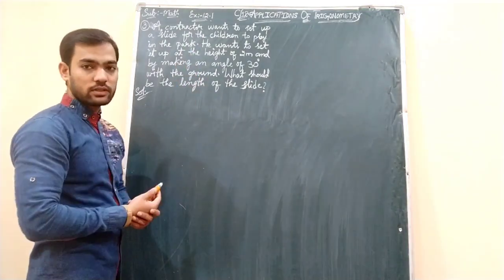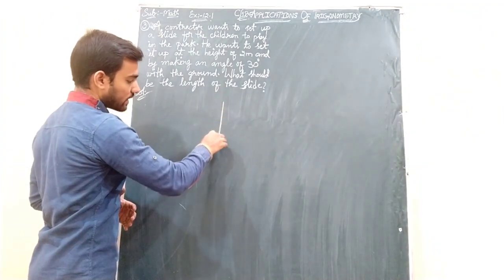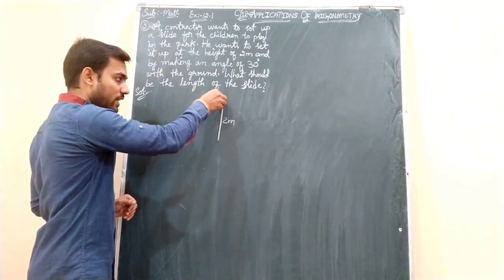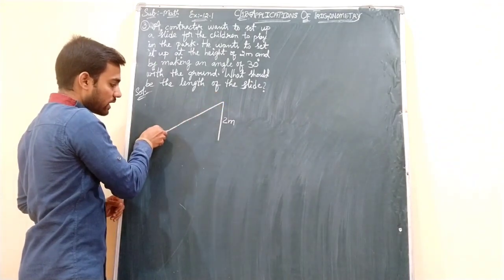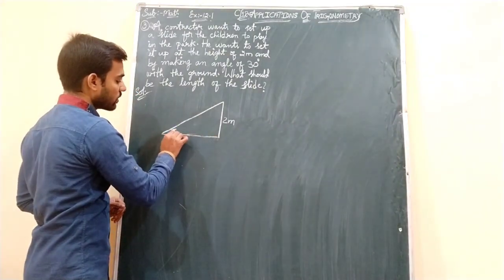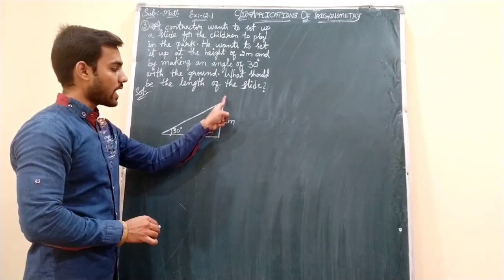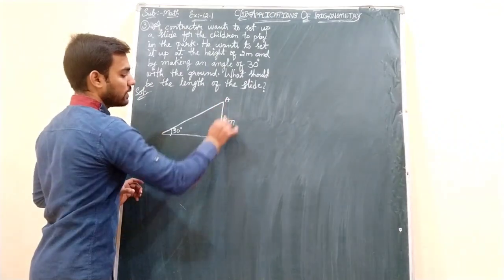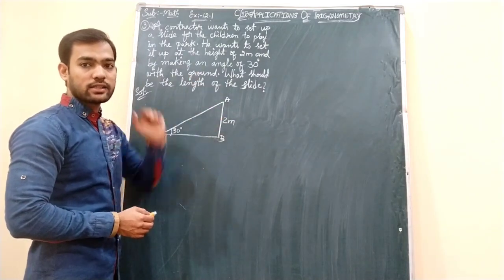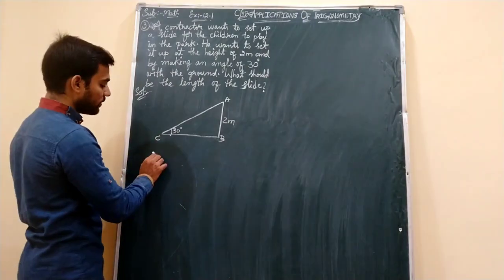Firstly, we will draw a diagram as per the given data. So he wants to set up a slide at a height of 2 meter, right? So this is the height of 2 meter from the ground, and he wants to set up a slide at this height, and that slide should make a 30 degree angle with the ground. Okay students, so the slide is making a 30 degree angle with the ground and it is at a height of 2 meters. So what we will do, this we will take as AB and this we will take as C. So what is AB? It is at a height the slide has been set up, and AC is the length of the slide. Okay, so that only we will write over here.